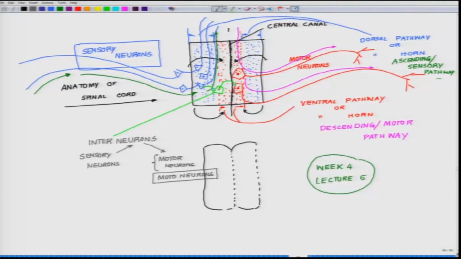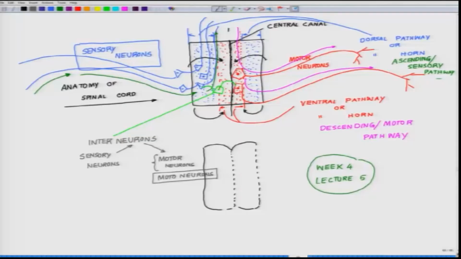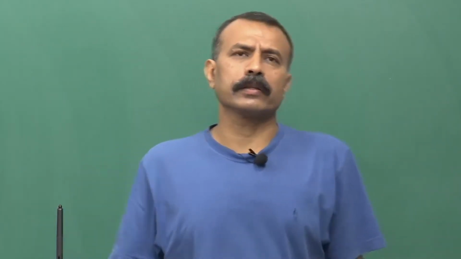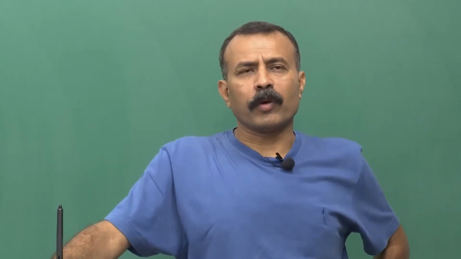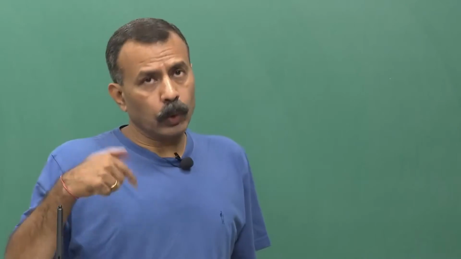So, there is something which is missing here. If you look at this picture carefully, you just see the motor neurons sitting here, but these motor neurons are fed information from the brain, from the very higher centers of the brain, and they travel like this. So, motor neurons itself are classified as 2 categories of motor neurons. We will come later while we will talk about diseases like Parkinson's and other movement related disorders where this problem can be seen very clearly. There are higher motor neurons, there are lower motor neurons.